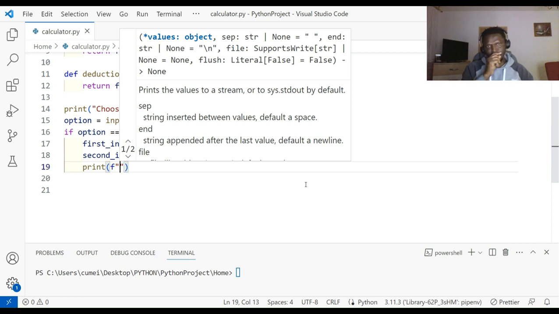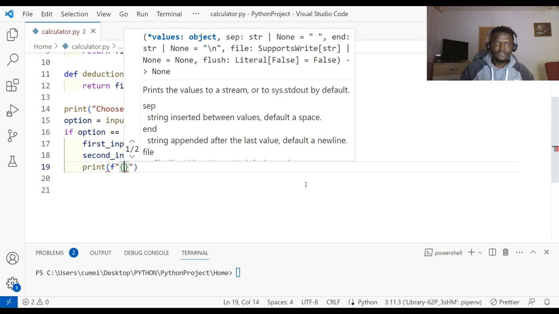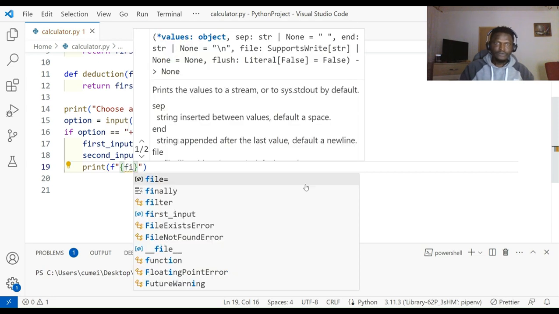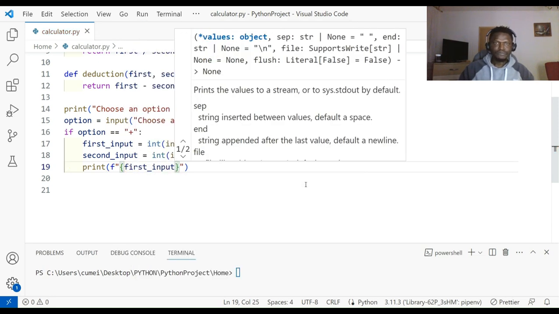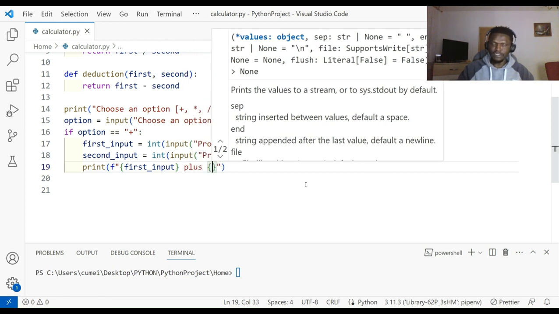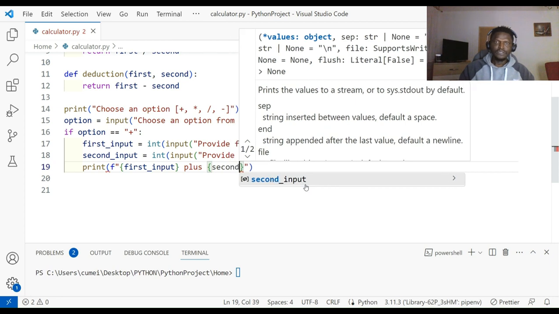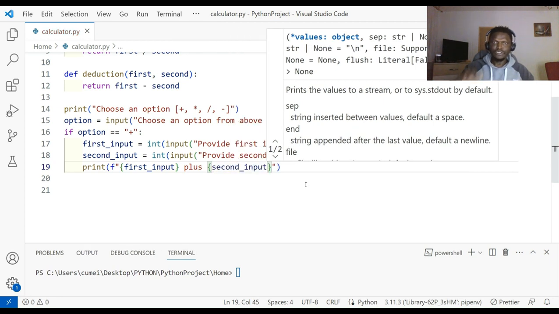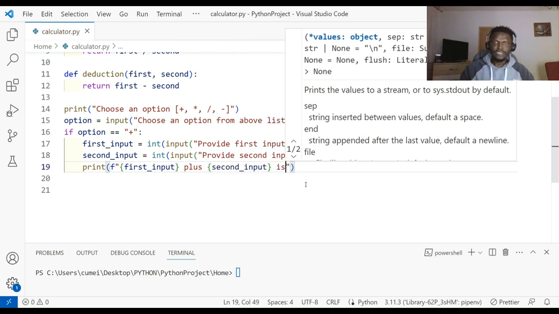For instance, we could say something like first input plus second input is,